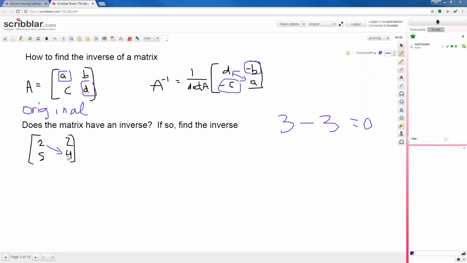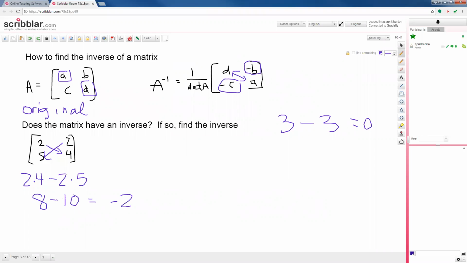So cross multiply 2 times 4, and then subtract cross multiplying in the other direction, 2 times 5. So 2 times 4 is 8 minus 2 times 5 is 10. So 8 minus 10, that involves some integers. When we do subtraction, one number's positive, one number's negative. We do actually subtract 10 minus 8. That gives you 2. But since the bigger number 10 is a negative, we make that a -2.